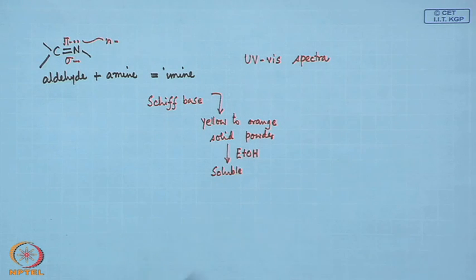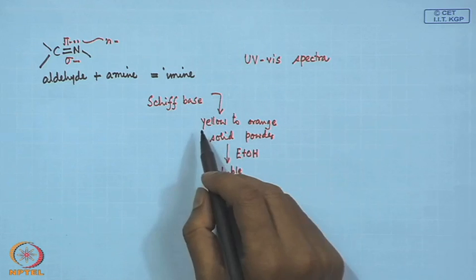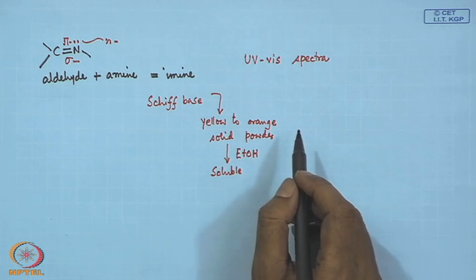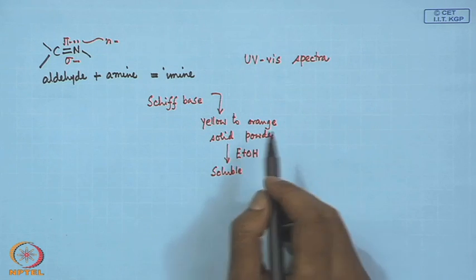So, if we take an ethanolic solution of these Schiff bases and run the corresponding UV-visible spectra, we get some